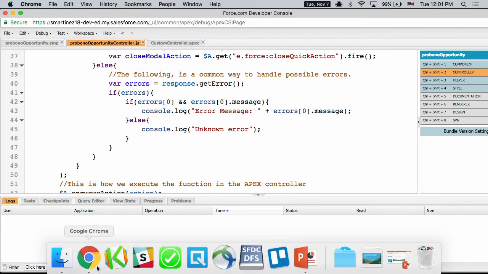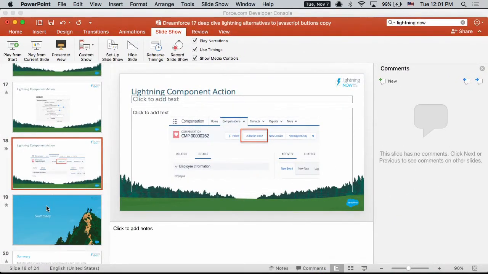Stay tuned on that. I can't promise a date, but we're working very hard to get these components out to you guys. So in summary,